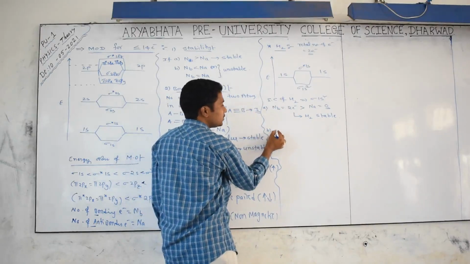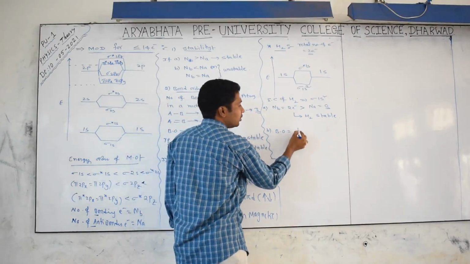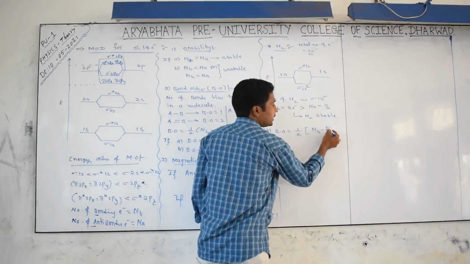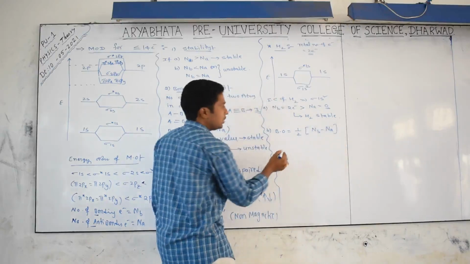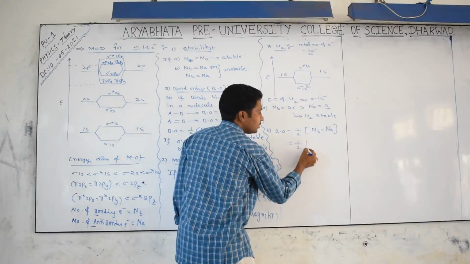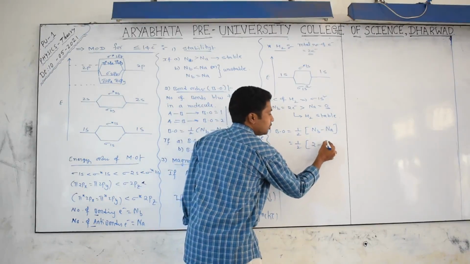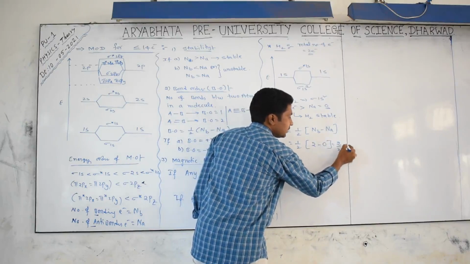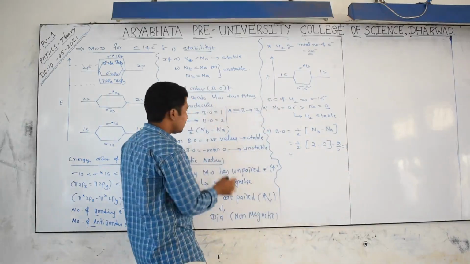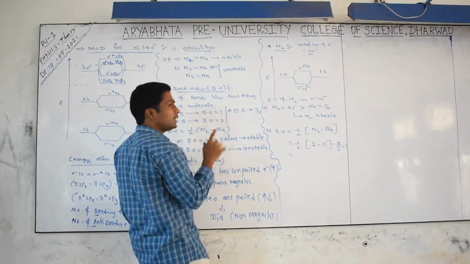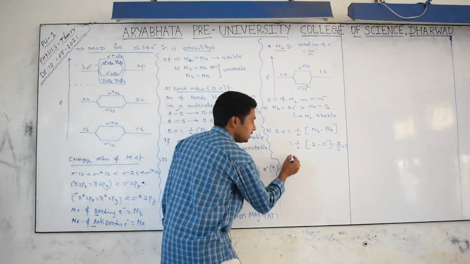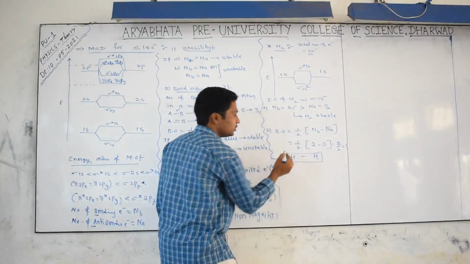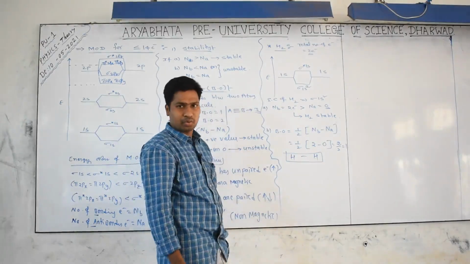And the next point we have to discuss is the bond order. Bond order means half of the number of bonding electrons minus anti-bonding electrons. Bonding electrons are 2, and anti-bonding are 0. So 2 minus 0, 2 by 2, is nothing but 1. Bond order 1 means there is a single bond between the two particles, between hydrogen and hydrogen. Already we know this because hydrogen valency is 1.